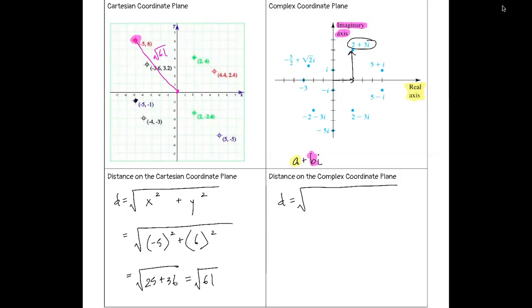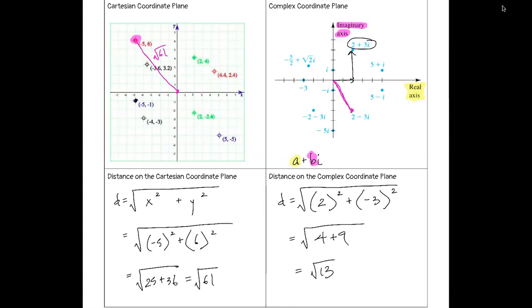So if we want to find the distance to, let's pick this point down here, okay, we would plug in 2 for the x, we would square it, that's the horizontal distance, plus for the vertical distance, we would plug in a -3 and square that. And that would give us the square root of 4 plus 9, or the square root of 13, and that would represent this distance